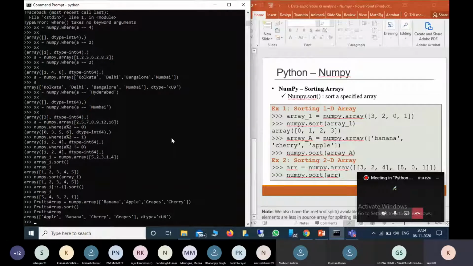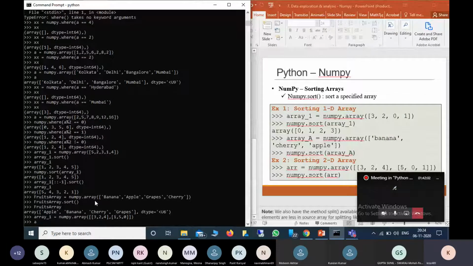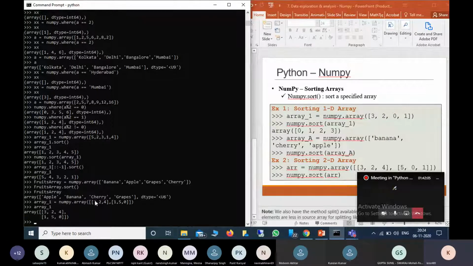Okay. So now we can see the 2D arrays. So for example, there will be an array, numpy dot array, for example 3, 2, 4, 5, 2, 0. So this is a 2D array.